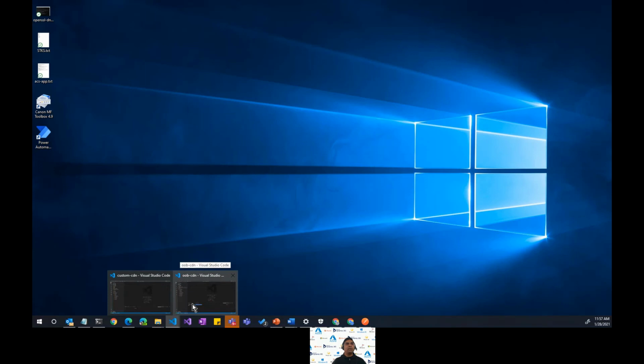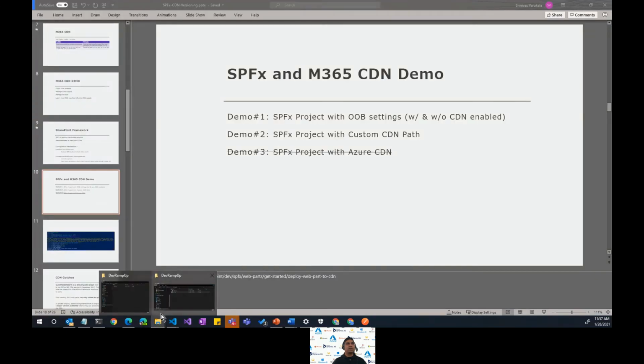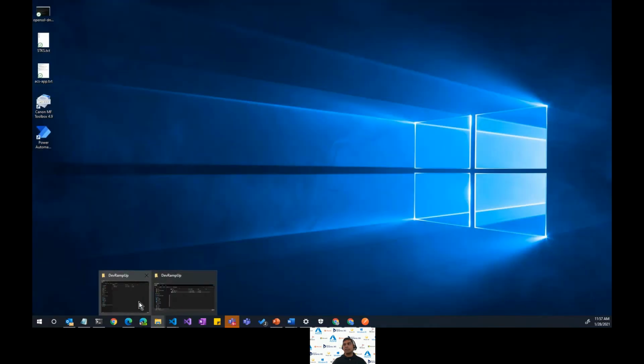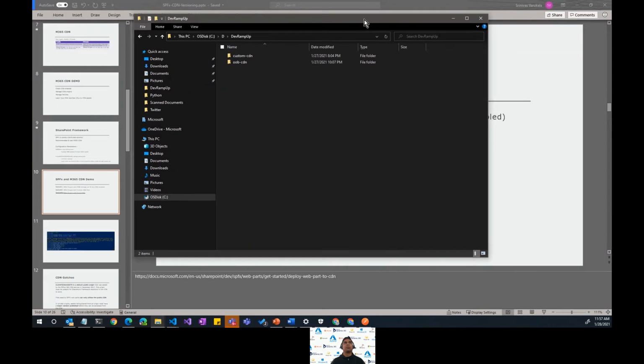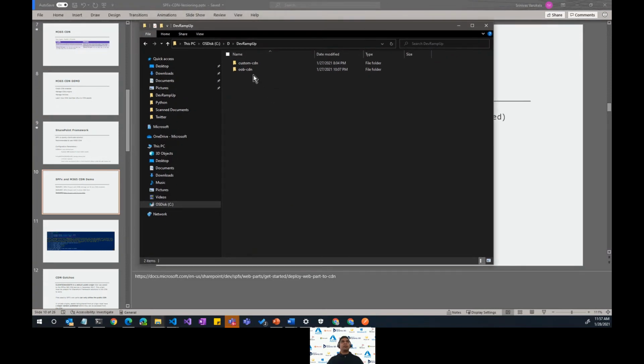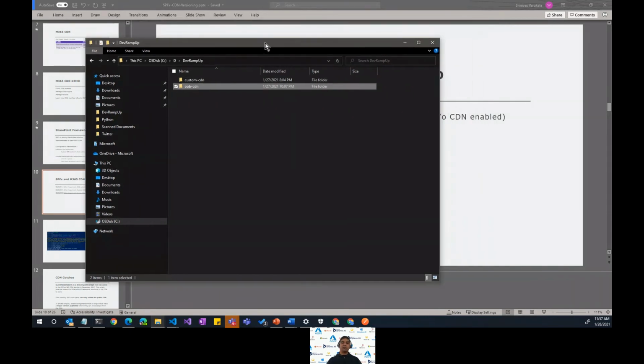So I've created 2 projects here. Let me grab this window from here. There are 2 folders here, 2 projects, out-of-the-box CDN and custom CDN. We'll start with the out-of-the-box CDN. These are nothing but what I got from running yo @microsoft/sharepoint, and that's how these folders are.